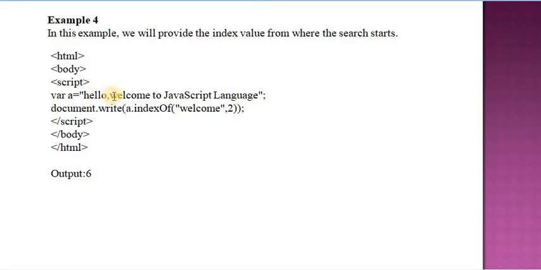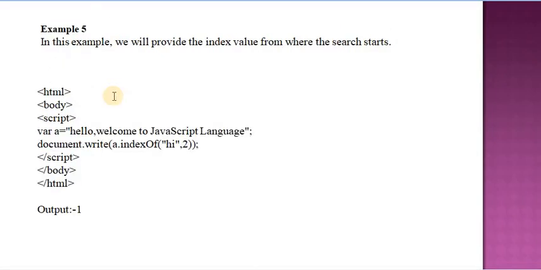At the 6th position welcome is present, so it returns the 6th position, and it returns 6 on a web page. These are the 4 simple examples of finding the index of a character also, and a string also, with the index value also.